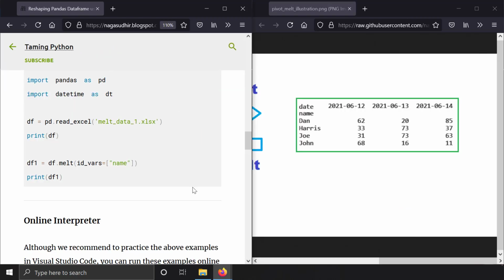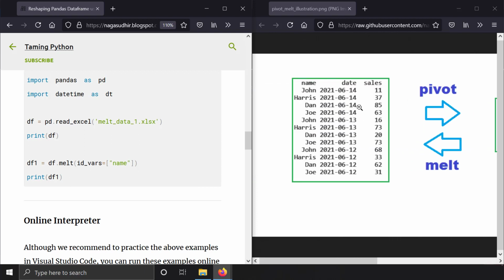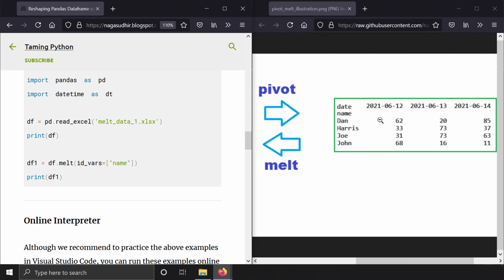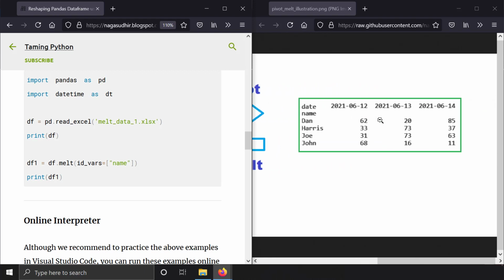So now let's see how we can use the melt function. If you have a data frame like this and you want the header to be collapsed as a column of this new data frame like this, you've got to call melt. For that, you just say what the id_vars is. What it is asking is what the id variable is. Here my id column will be name, so that's why I'm writing df.melt id_vars equal to name.